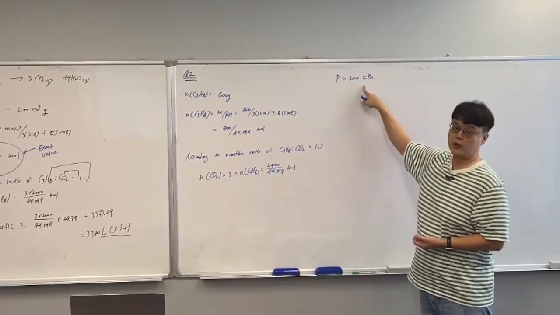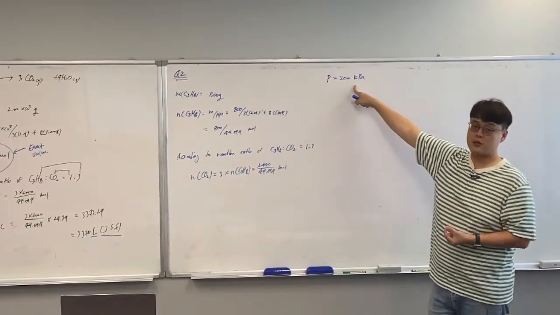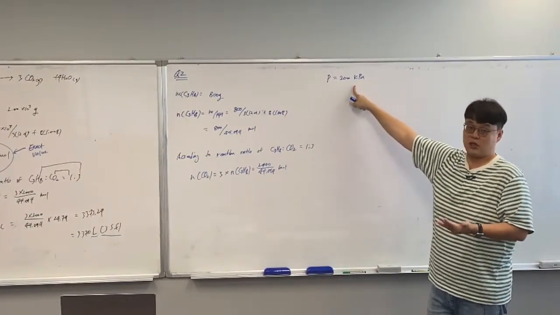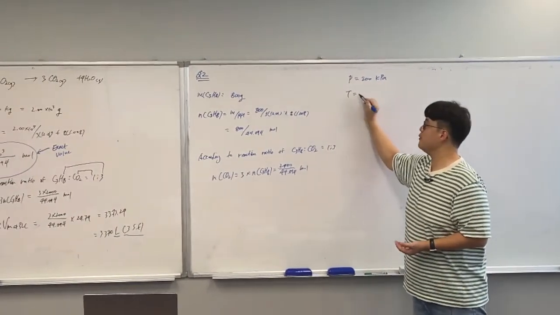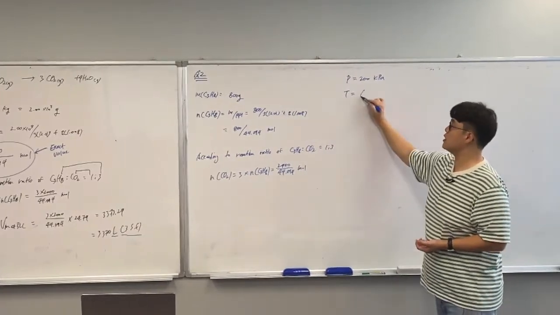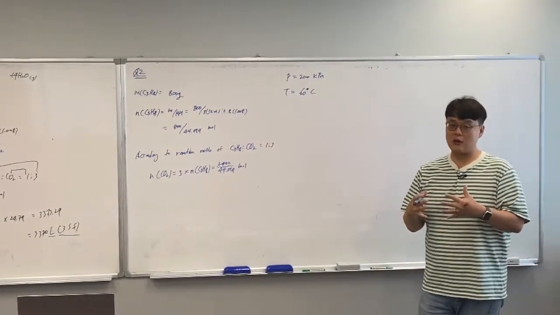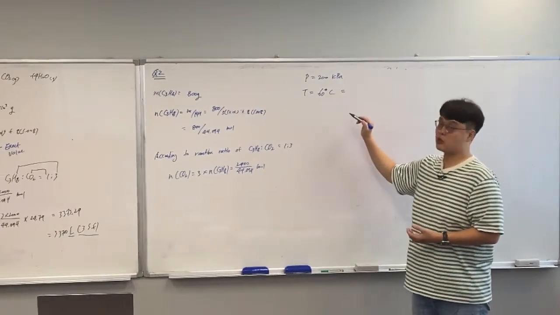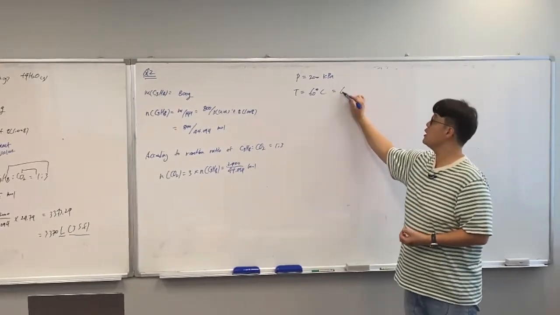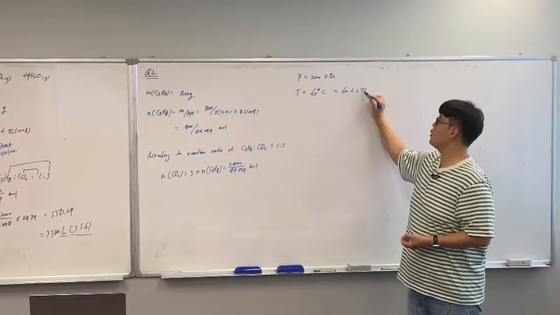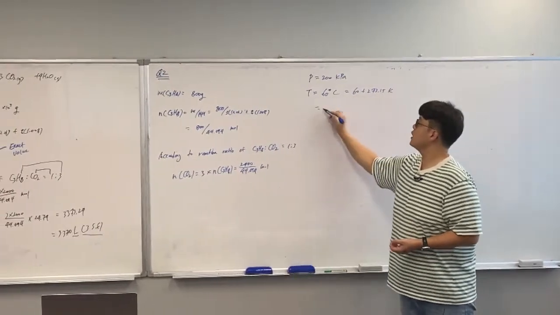Check whether that's a standard unit or not. Kilopascal is the standard unit we follow, so we can just leave that as it is. But temperature, which is given as 60 degrees Celsius, is not the standard unit. Even though we use it in everyday life, we have to convert it into Kelvin by 60 plus 273.15 Kelvin. That is basically